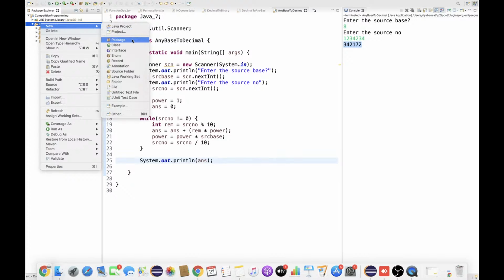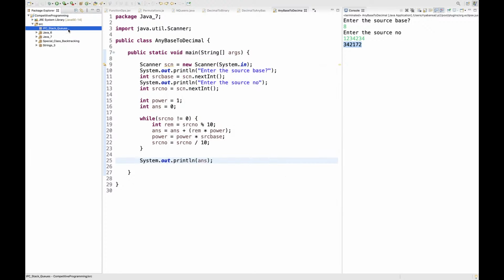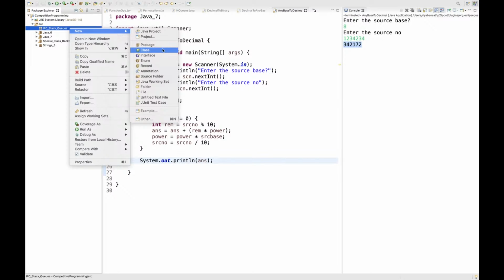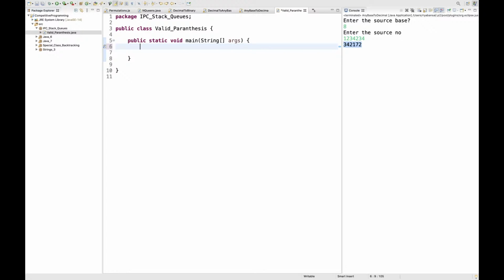Okay. So we have a camp class today. I am going to be using Java, but you can use any language you want. Let's quickly see what will be the implementation for this particular question.